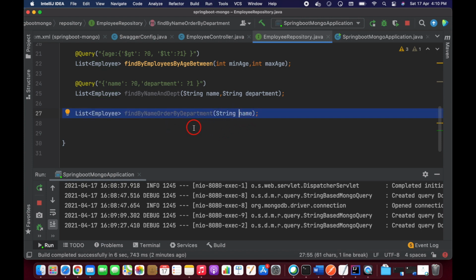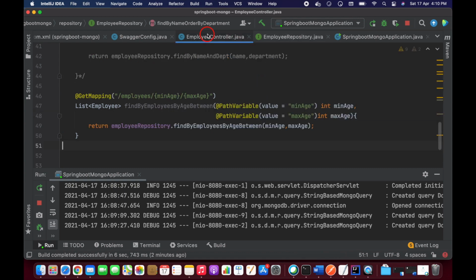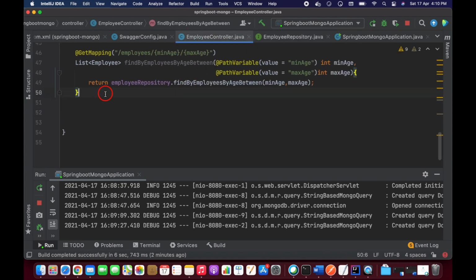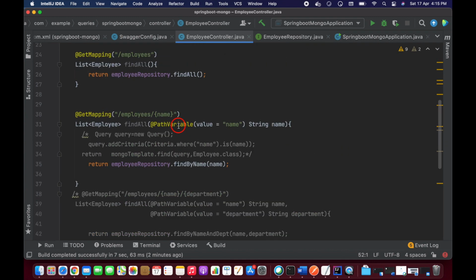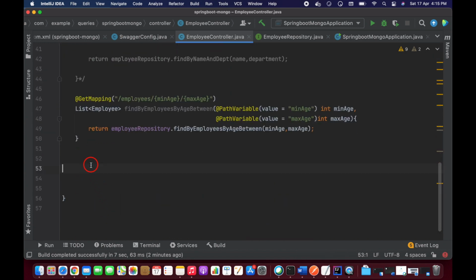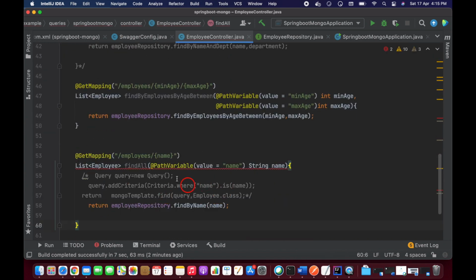So let's copy this endpoint and come to your controller and the method controller, guys. Let's take this same method and paste it here. So here, find by name and order by department.